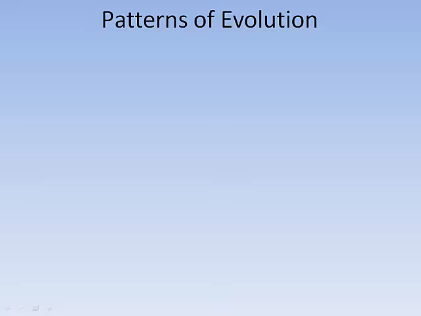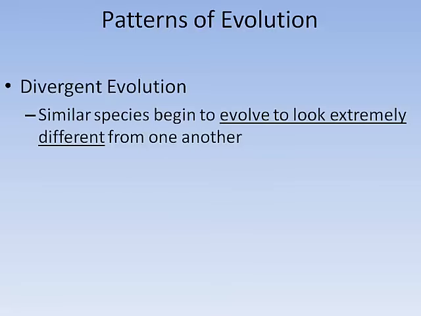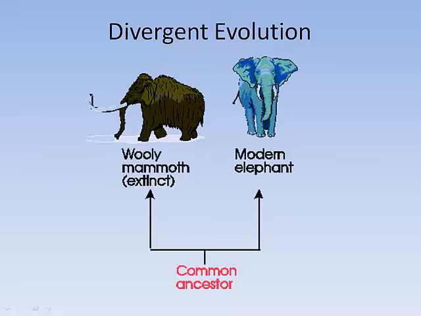There are different patterns of evolution. One of them is called divergent evolution, and that's when similar species begin to evolve to look very different from one another. And an example of that would be elephants. The woolly mammoth, which is now extinct, and the modern elephant had a common ancestor. Individuals of that original species that lived in colder climates gradually evolved shaggy hair,